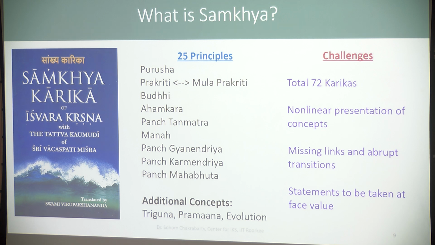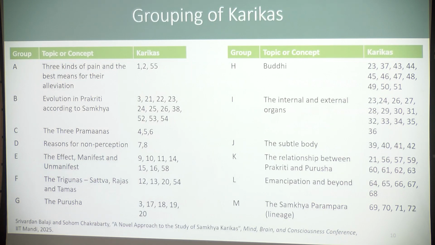And it seems there is no means to validate whether this knowledge is true or not. So that is a great impediment that we saw, and the first thing that we did is we grouped the Karikas. Karikas are the statements. There are 72 Karikas, and we have the student who did this, Srivardhan Balaji, who is also here among the audience. He did a great work